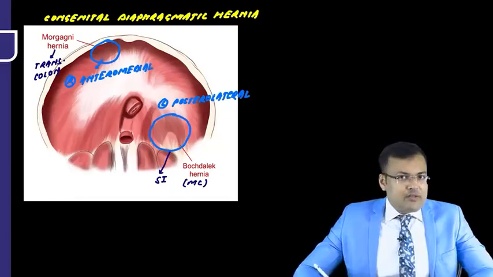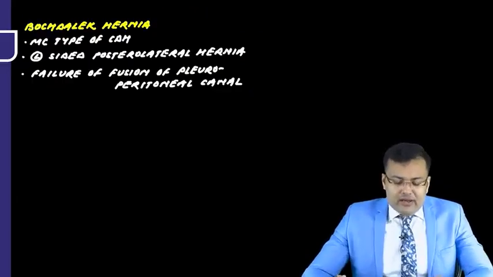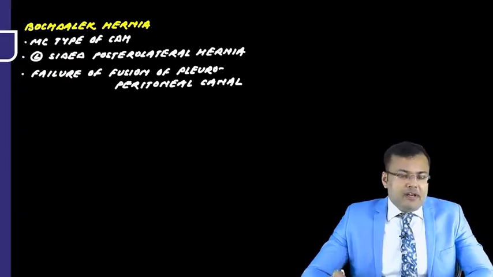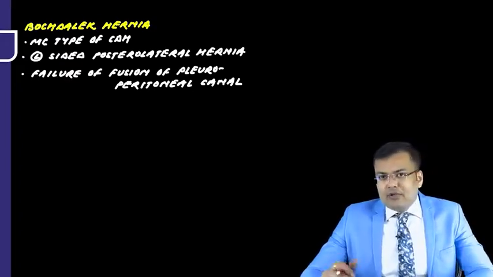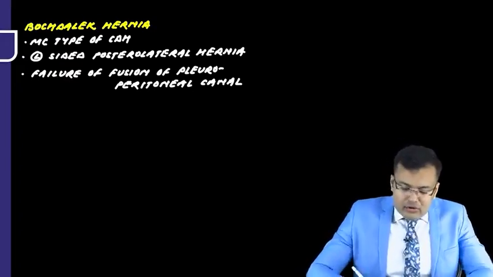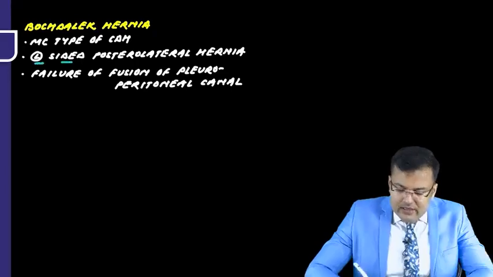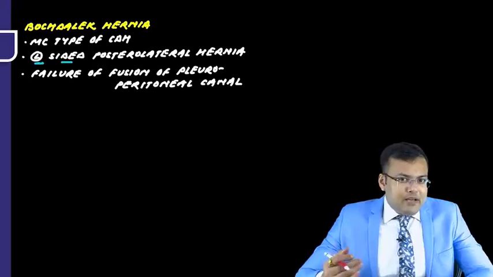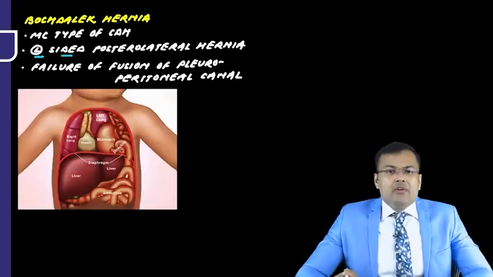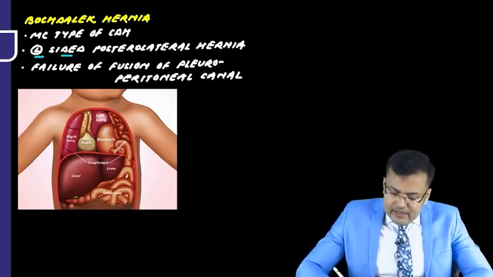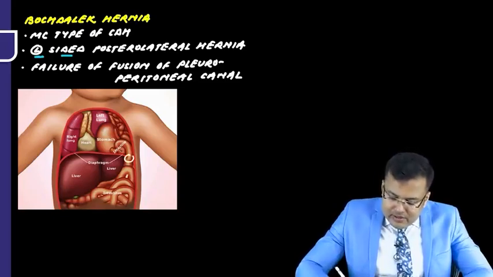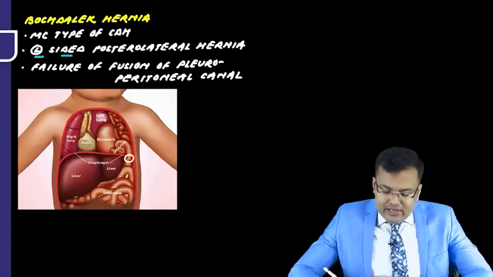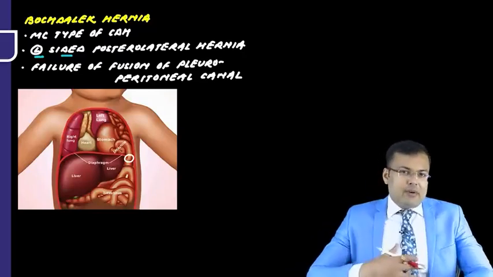First, we are going to discuss Bochdalek hernia. Bochdalek hernia is the most common type of hernia. The defect is left posterolateral. So that's why it is also known as left-sided posterolateral hernia. And what is the cause? It is caused by failure of fusion of the pleuroperitoneal canal. Now what is the problem? Since there is a defect in the left posterolateral direction, the bowel herniates from the abdomen into the